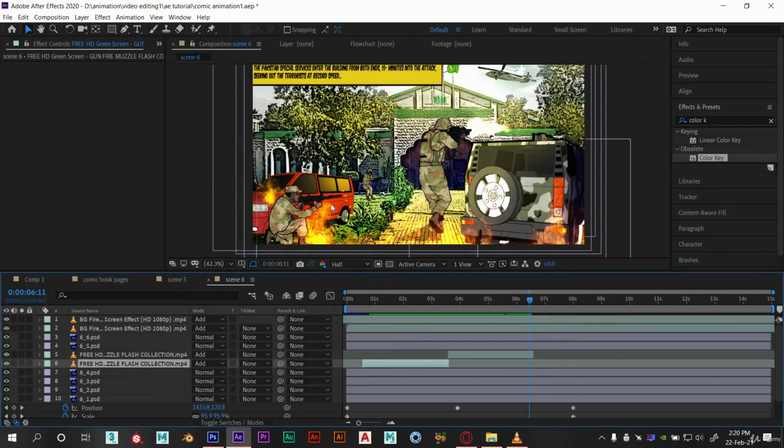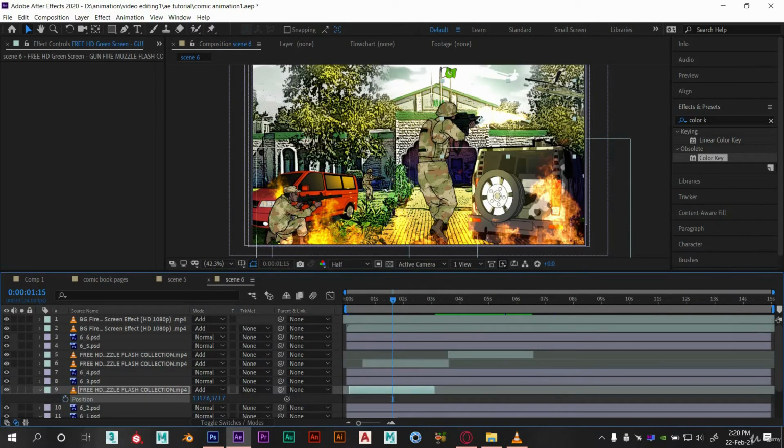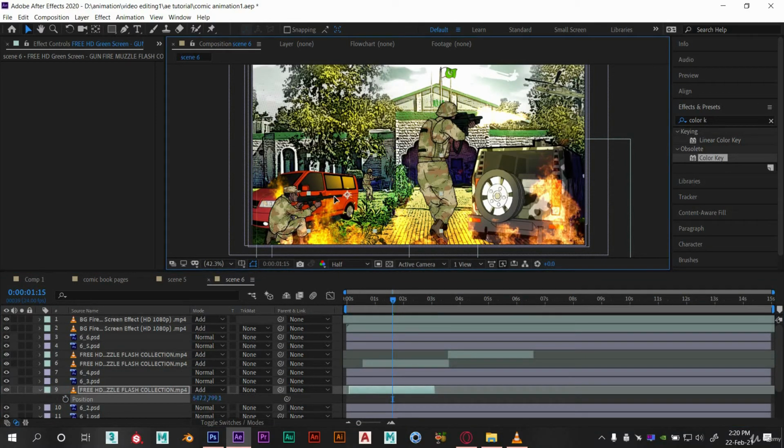Okay, now we need to add the same fire shot effect on this gun also. So duplicate it and put it below this layer. Remove the position key from this layer, scale it a bit.